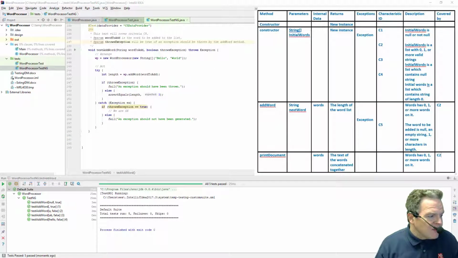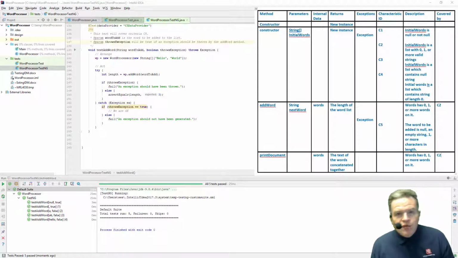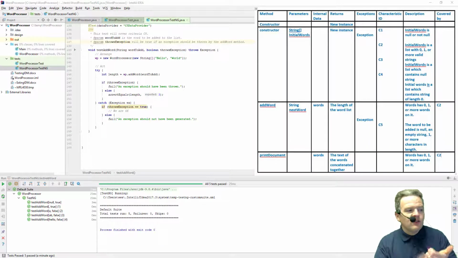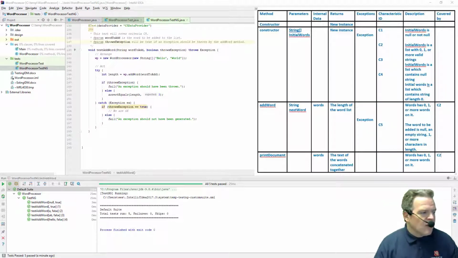Last but not least, I want to test the print document. Now the print document, if we look at our test case, is essentially completely dependent upon criterion, or characteristic, 2 that we set up for our testing. So characteristic 2 says that initial words is, in our case, a list with 0, 1, or more valid strings in it. So I can actually use the C2 data provider that I wrote previously